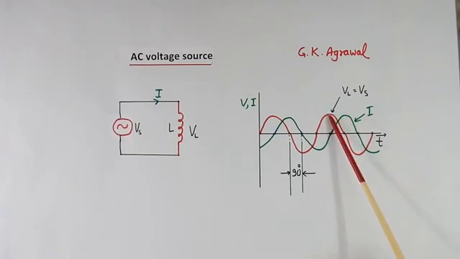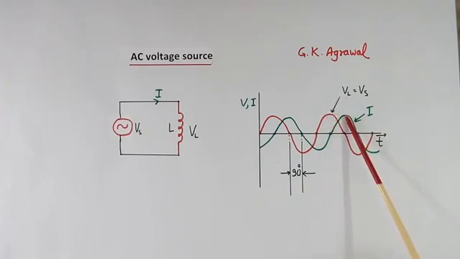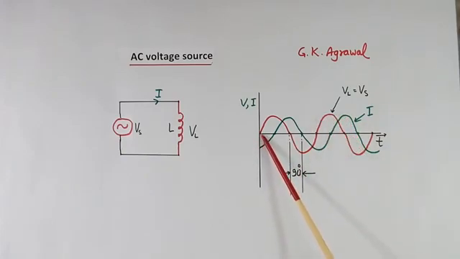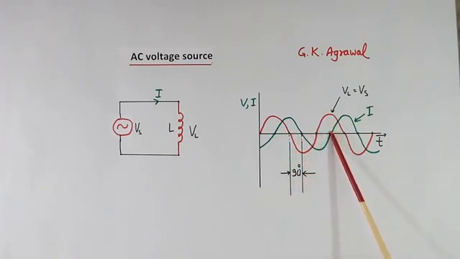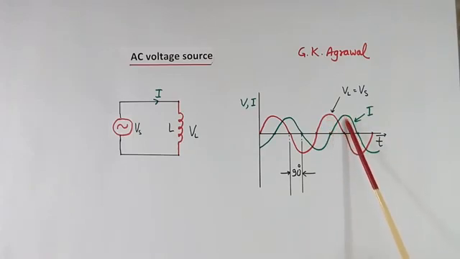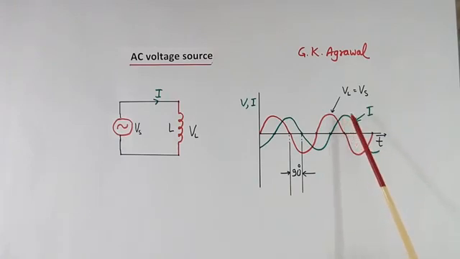Now how is voltage leading and current lagging? See, this is the voltage peak here. Current peak is here. This is voltage. Now time starts from here. As we move with time, first the voltage peak will come. So we call voltage leading because it is coming first. After some time the current peak will come. So current is lagging. So current will lag with respect to voltage, and that angle will be 90 degrees.